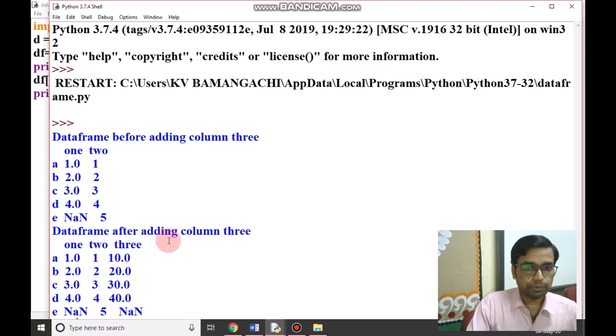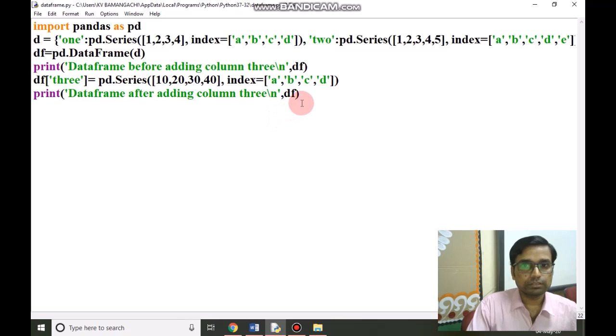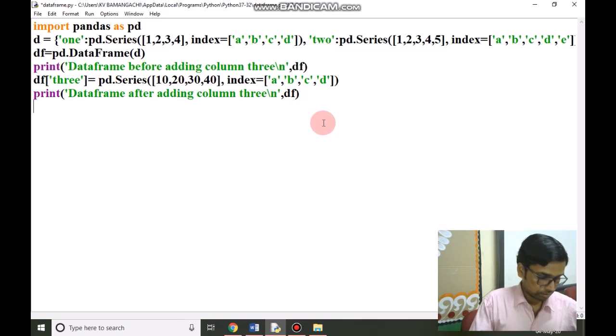I want to add a new column called 4, which will show the addition of these values. So we have to write here another column, df 4, column name is 4, equal to